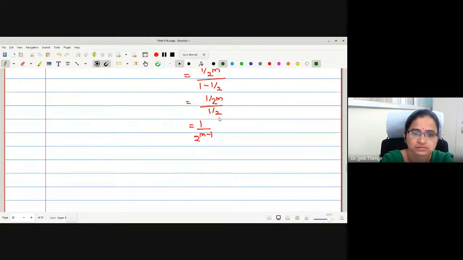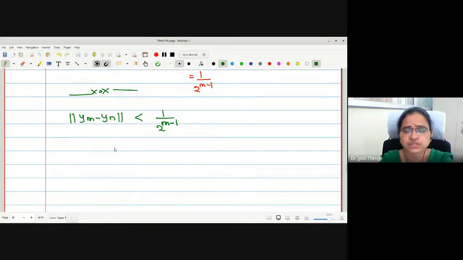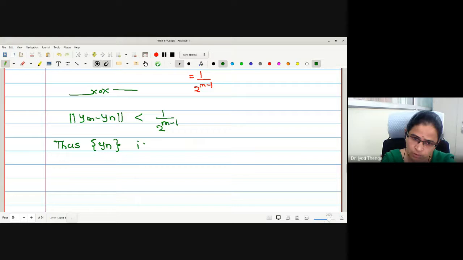Thus, norm of ym minus yn is less than 1 upon 2 raised to m minus 1. Therefore, as m, n tend to infinity, this will tend to 0. So the sequence yn is a Cauchy sequence in